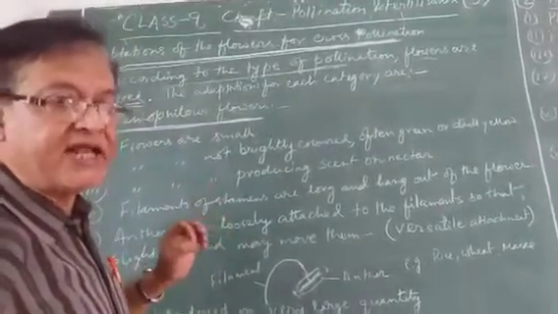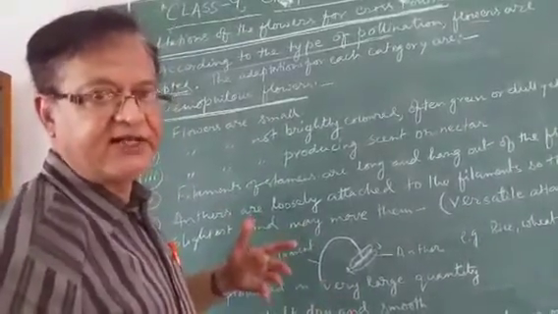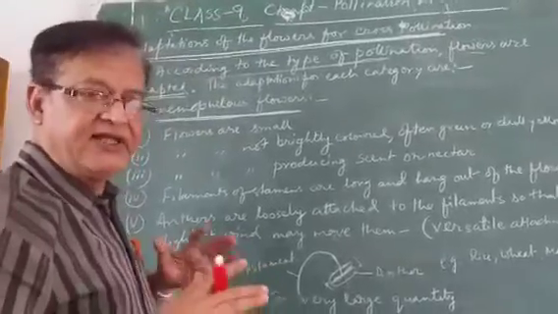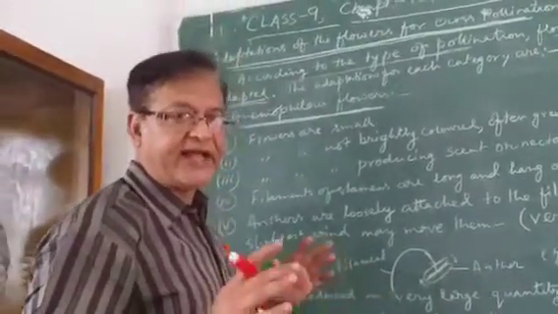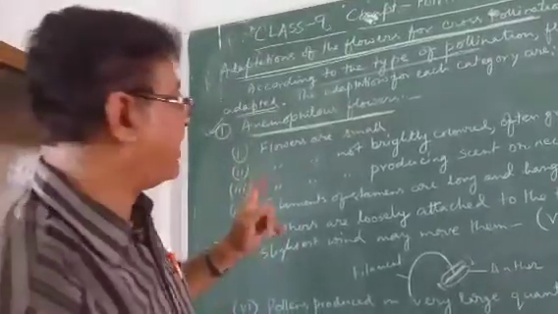Wind is an inanimate object. It is not an animal, it is a non-living thing. It flows in its own way, so the question of a living thing is not there. To take advantage of that, these are the characteristics present in the plant.